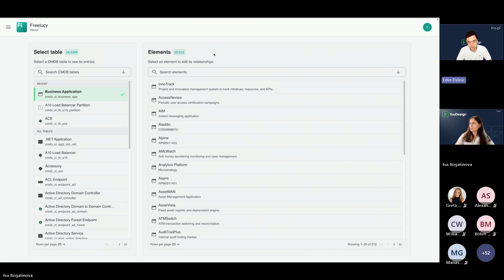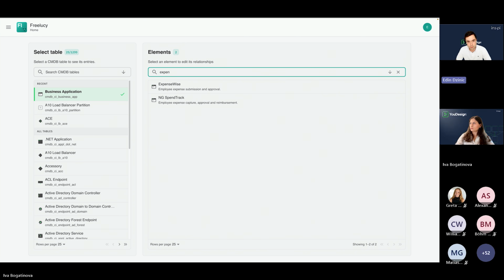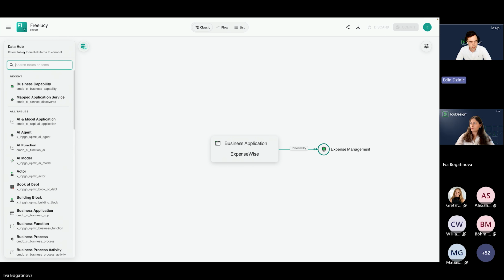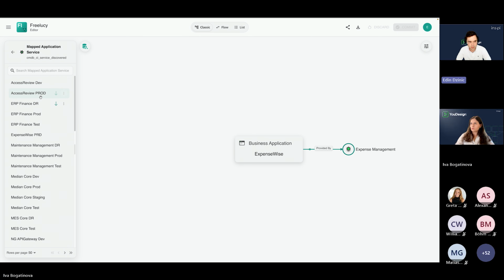And I'm going to go ahead and fix it in Freelucy. So the same way I did it before, ExpenseWise, edit. And on the left in the data hub, I'm going to find the application service. Let's see what's been discovered in our CMDB. And it seems like we have a productive instance. Let's commit it